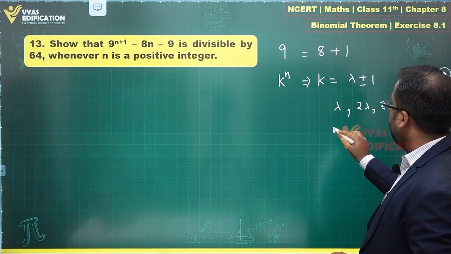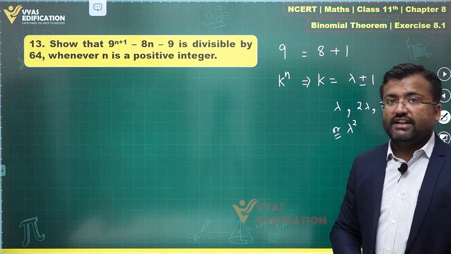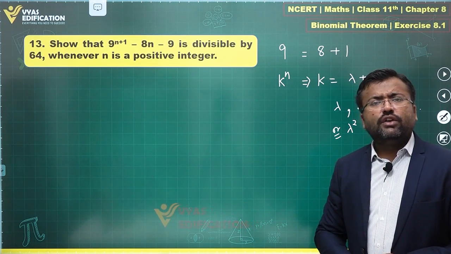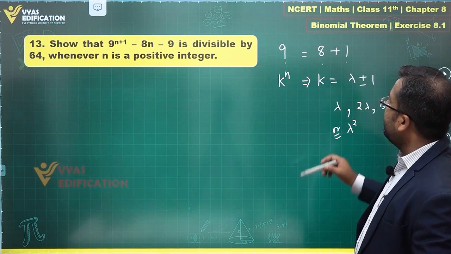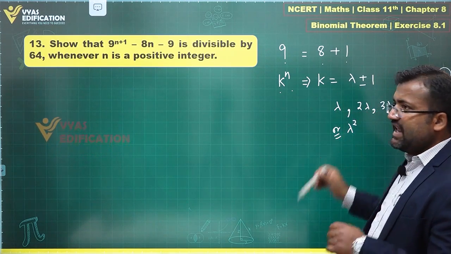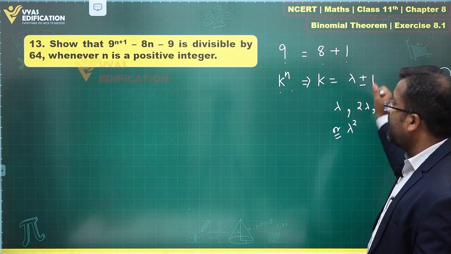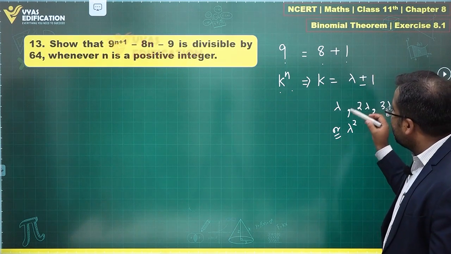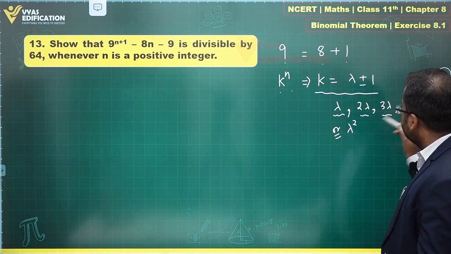are divisors, or for that matter lambda square or lambda cube are divisors. What are we saying over here? We are simply saying that in case of 9, we are supposed to write it as 8 plus 1, 9 power n plus 1. In case of k, we can write k as lambda plus or minus 1, in terms of the second term should be 1. The benefit of this is this particular expression can be written if divisor is this or something of this